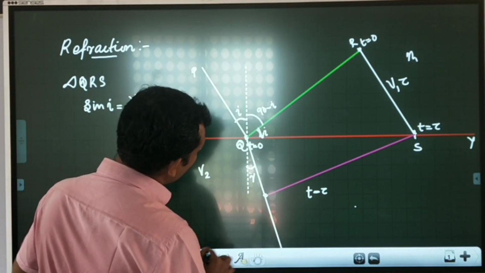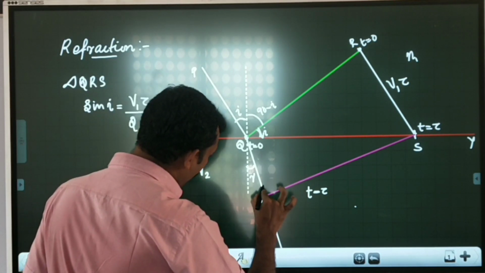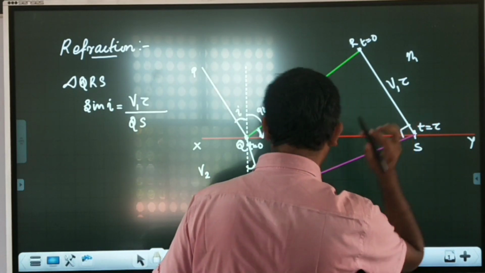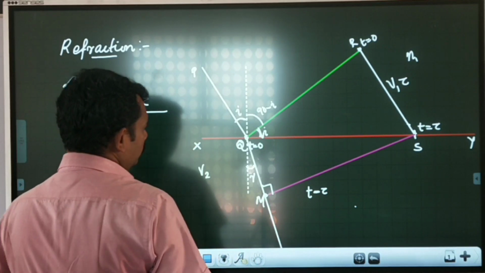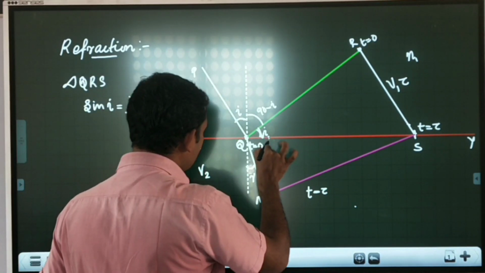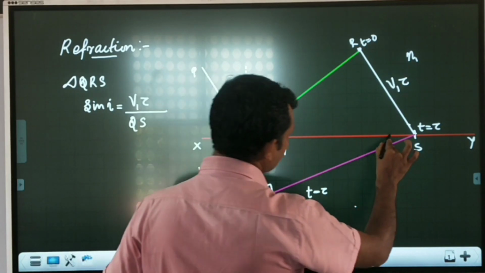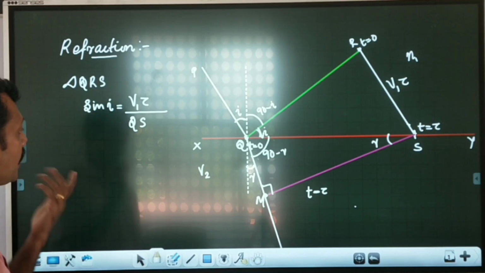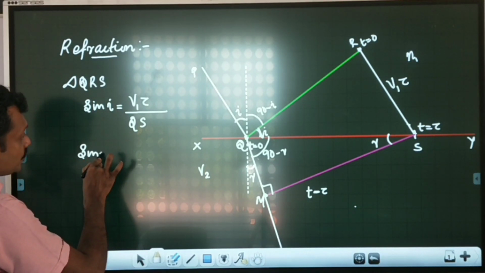Now let me take this point as M. This angle is R. This angle is 90 degrees. What will be this angle? It is 90 minus R. Correspondingly, this angle is R itself. So I can say sin R is equal to